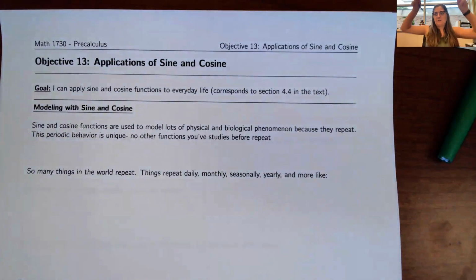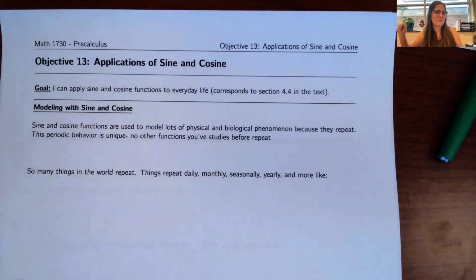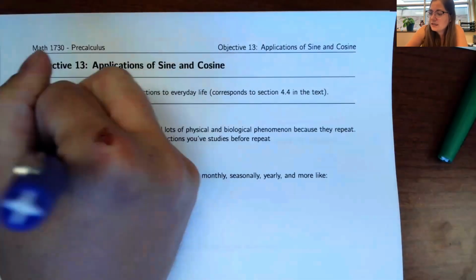x squared goes up forever, but that's not repeating. It doesn't go back to where it was before. Or the square root function, it doesn't have any sort of repeating, or even exponentials and logs. There's no repeating in that. But there are a lot of things in everyday life that do repeat. And for things that repeat all the time, a super good way to model them is with these functions. So just to sketch out what I mean,